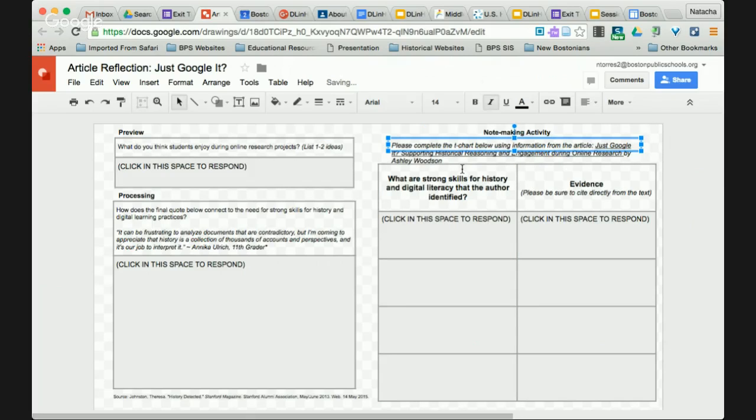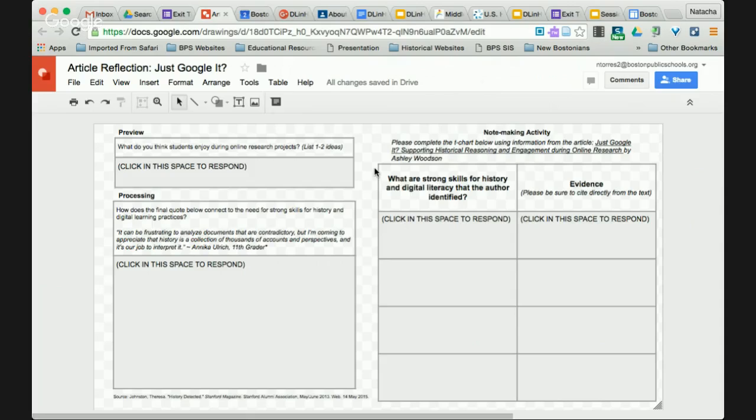Google Drawings are great for graphic organizers. They are also great if you're building flyers or infographics. Think about different ways to represent information. Okay, so this is going to be your